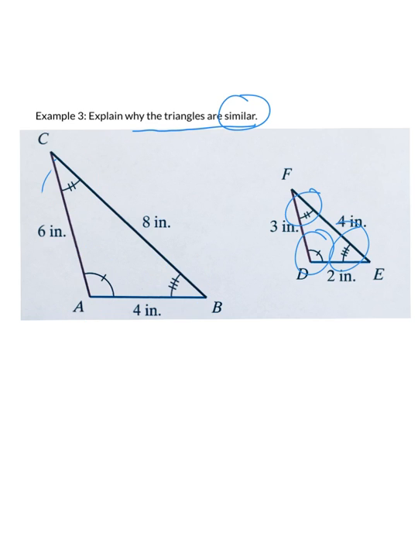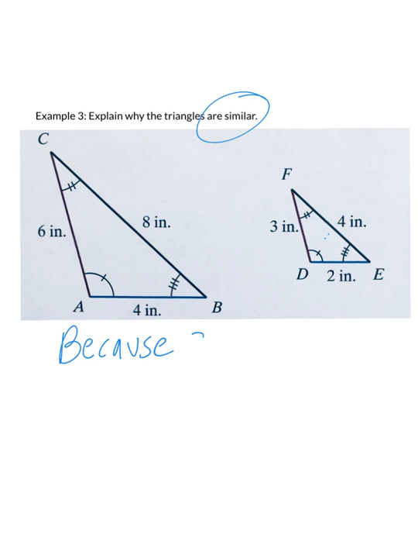Now, when the homework in My Math Lab asks you the same question, they don't explain it like that, unfortunately. They're going to summarize it as, these triangles are similar because 2